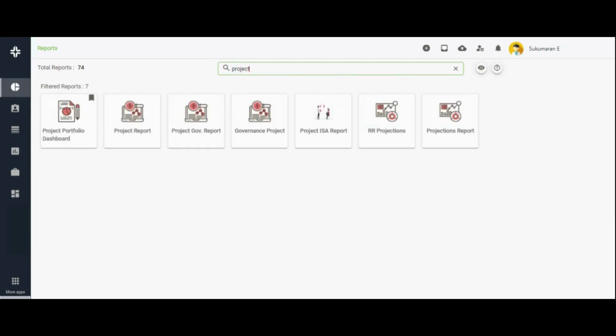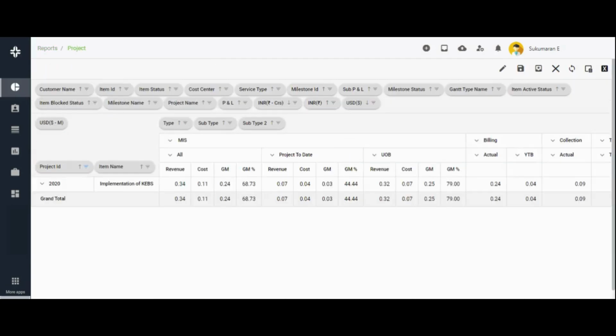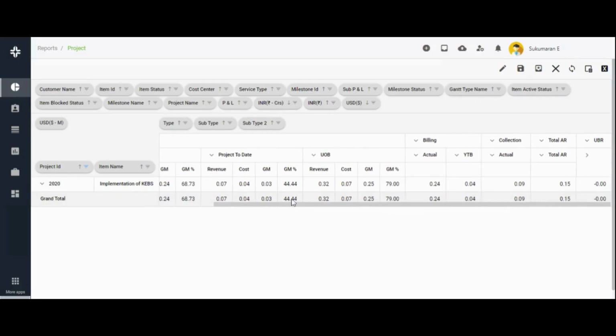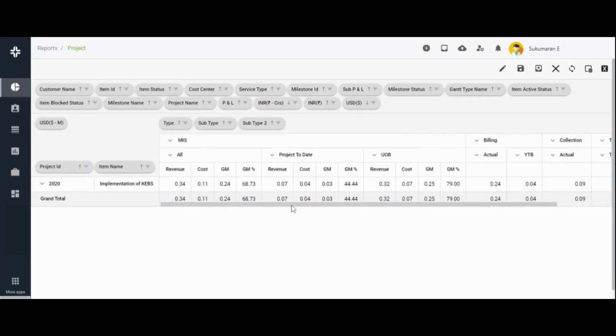The project report provides a comprehensive view of project-wise metrics, including total revenue, cost, and gross margin, as well as project-to-date figures. It also tracks balance revenue, cost, and gross margin, along with billed and collected values to date. Additionally, the report includes details on accounts receivable and unbilled revenue, giving you a clear picture of your project's financial